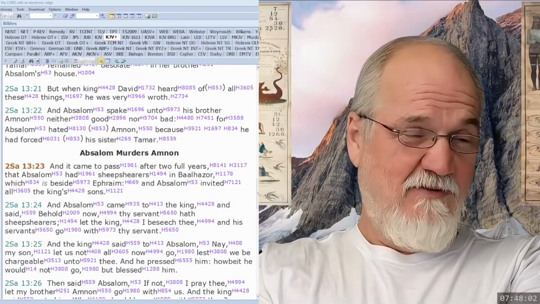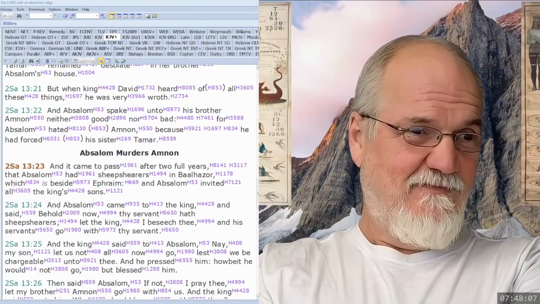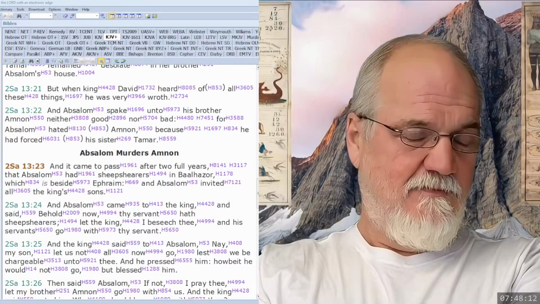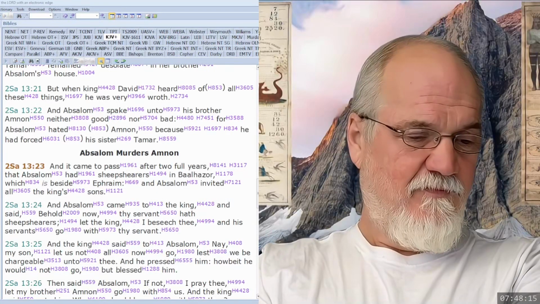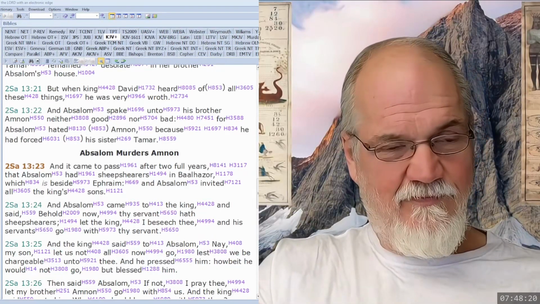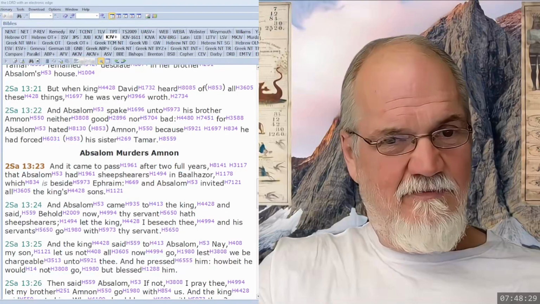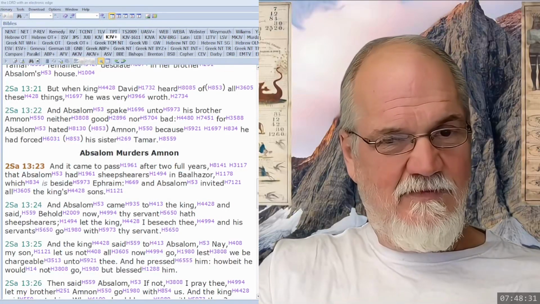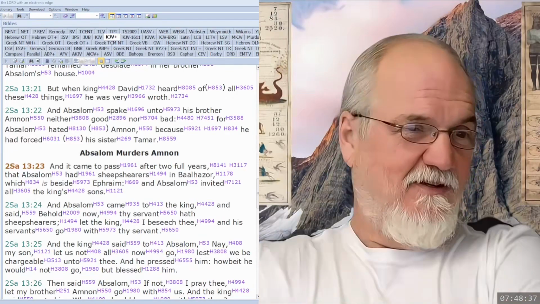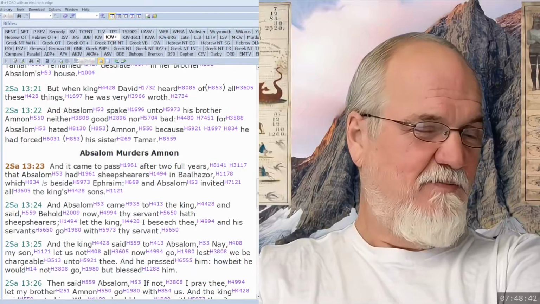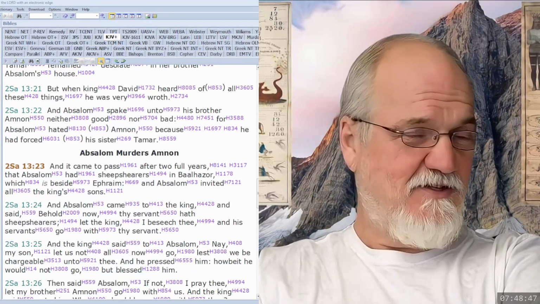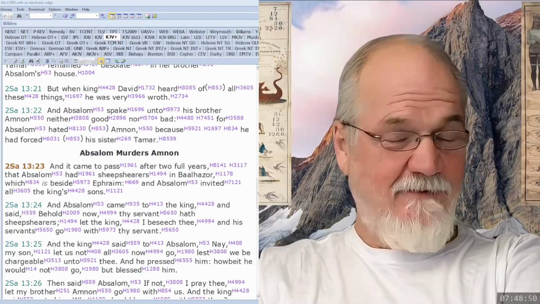Amnon should have been killed, but it's not likely David's going to do that. If I was going to do that, which I'm not, I'd just be nice to him and do everything I could for him so he wouldn't suspect it. I'm just thinking on the human aspect. But he's going to do neither good nor bad. He's just going to pretend it didn't happen. So he's not going to oppose him publicly and try to shame him. He's just going to plan his revenge, right?